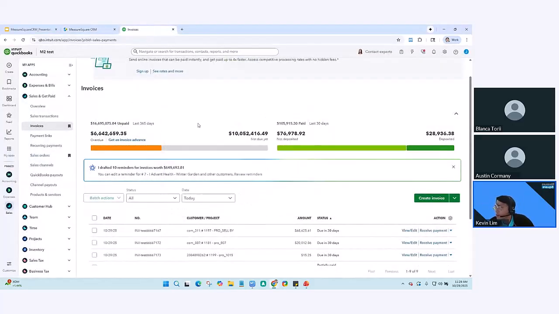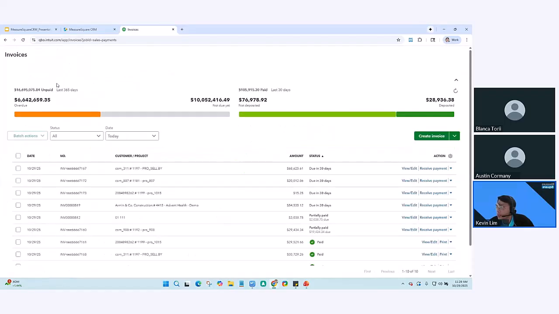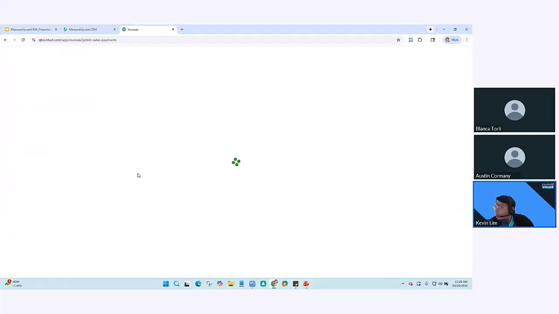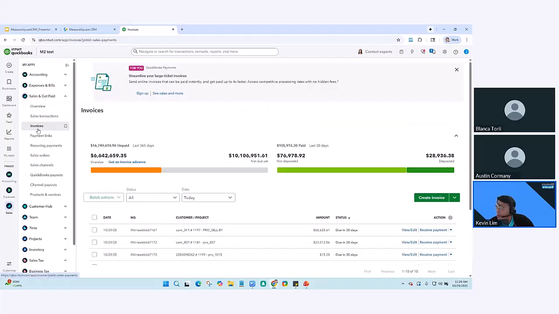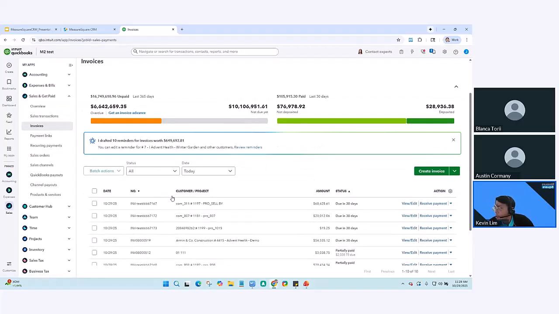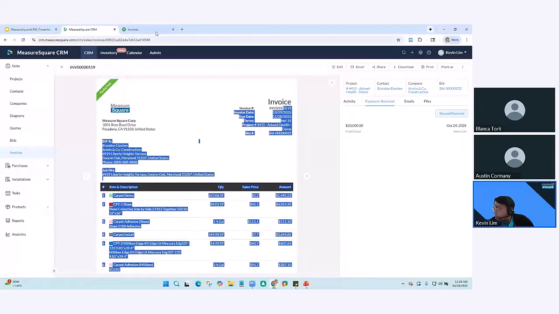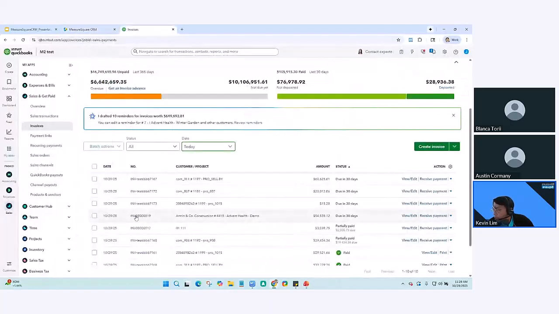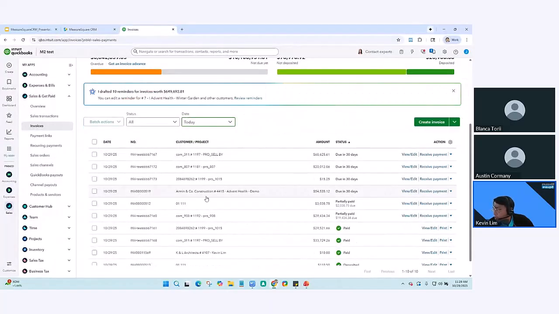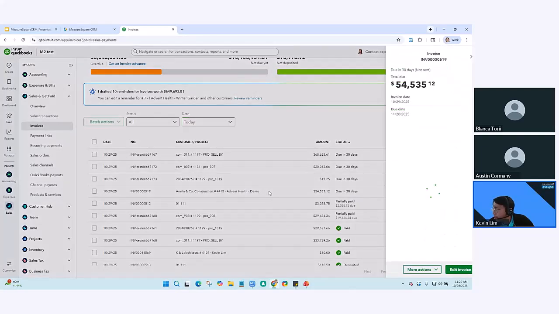Let me just refresh QuickBooks here. Then let me go to my invoices, and let me just sort it by today's date. Let's see what that invoice number was, 519. So now you can see my invoice 519 is now in QuickBooks. If I select that,